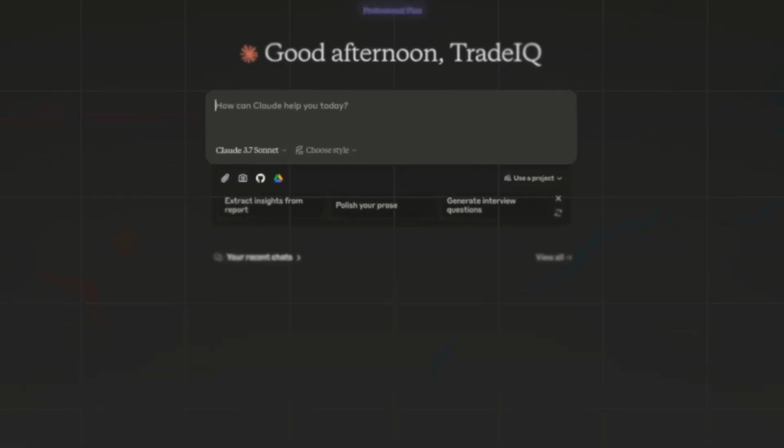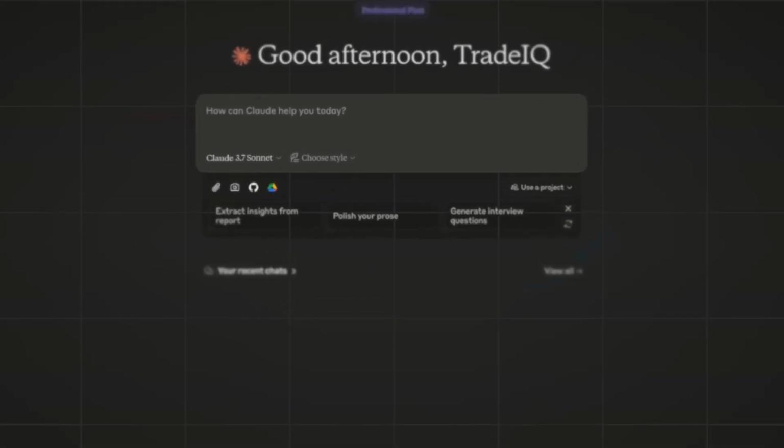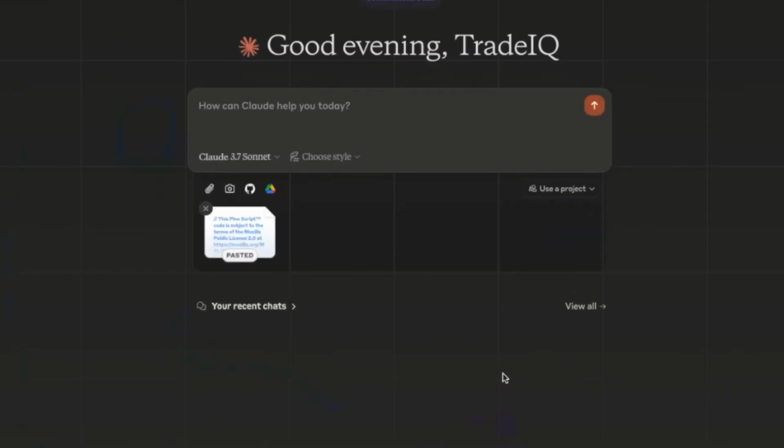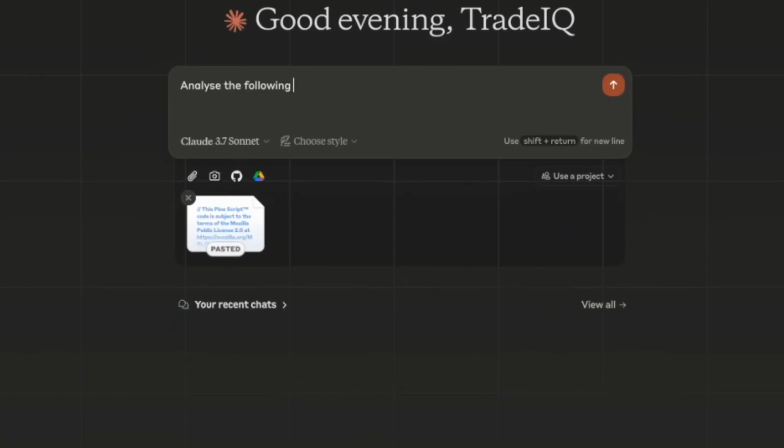So let's open Claude again, our secret weapon for this transformation. Having this AI in your trading arsenal is like having an unfair advantage. I'm jumping into the Pine editor again to grab the indicator source code. I'm pasting the entire indicator script into Claude and asking it to analyze this cloud trend indicator specifically for scalping purposes. I'm requesting a highly profitable scalping strategy that captures those quick market moves precisely when the odds are in